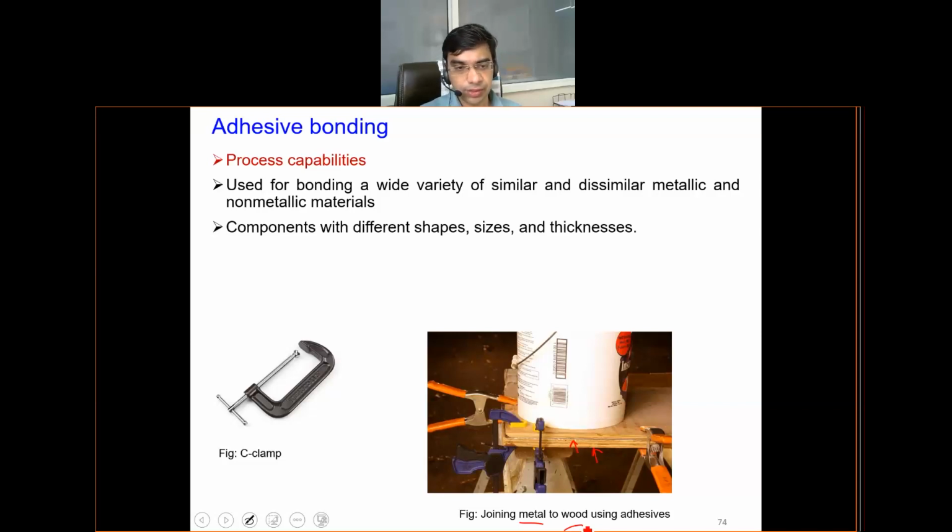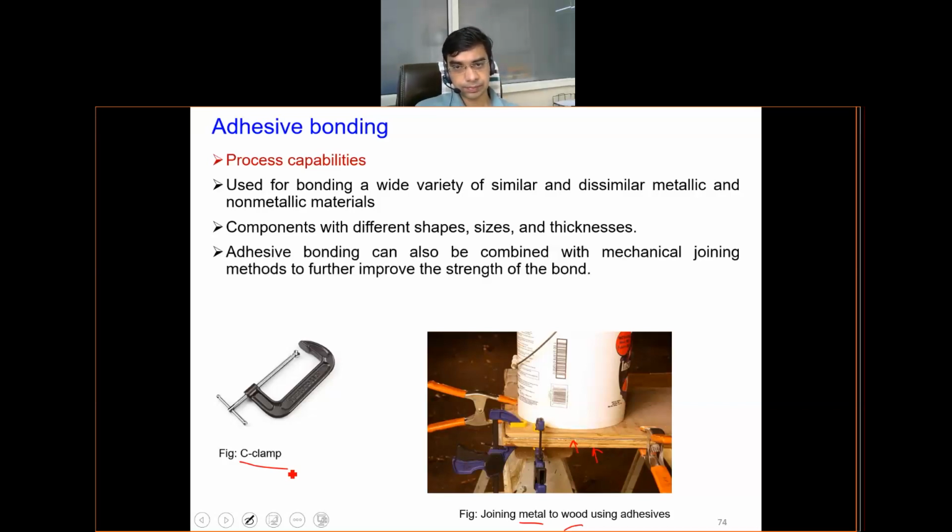This is done by using these clamps. These are just one example of a clamp, like a C clamp. There are different types of clamps being used, and we leave this adhesive bonded part for quite some time, say 24 to 48 hours under normal conditions, or if it is under slightly heated conditions, the time required may reduce. But this is a very important aspect to increase the efficiency or the process capability of the